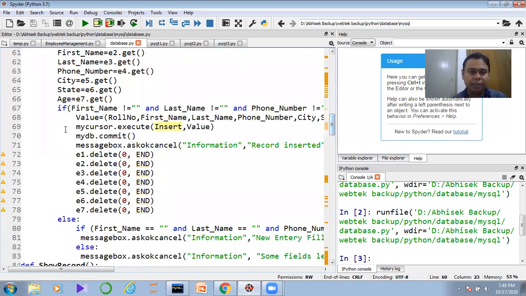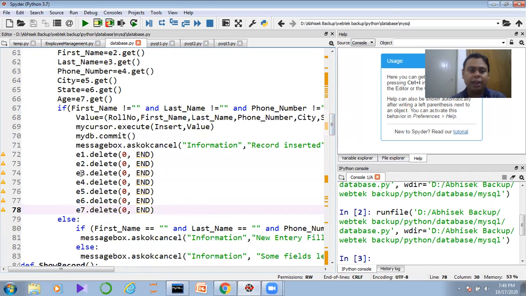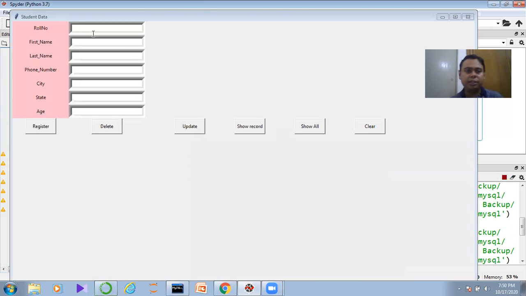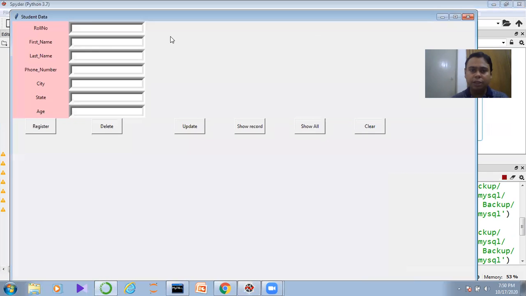So now we are entering the whole information, and after entering the data, just execute the code. Suppose, one minute, click on the show all. Let me check that information. So 215 is already there. Okay, fine. So I am entering 16 here. So 16, I'm entering, suppose